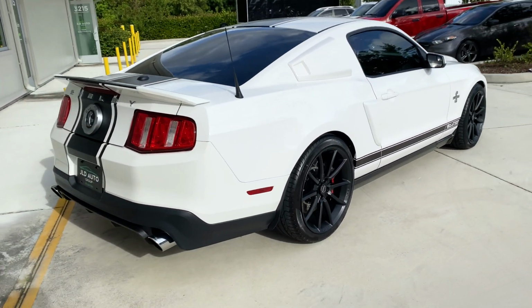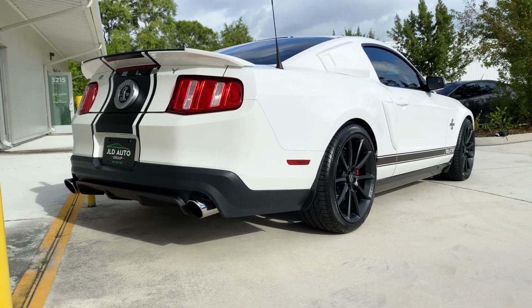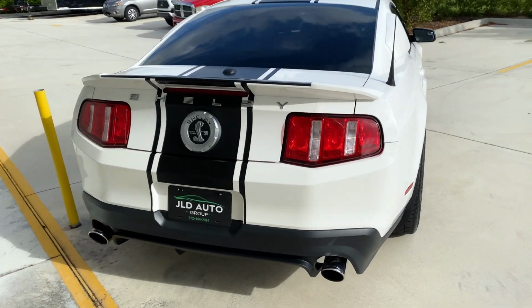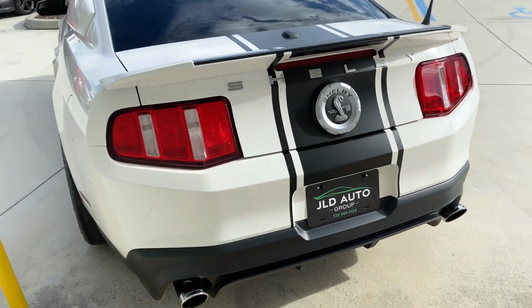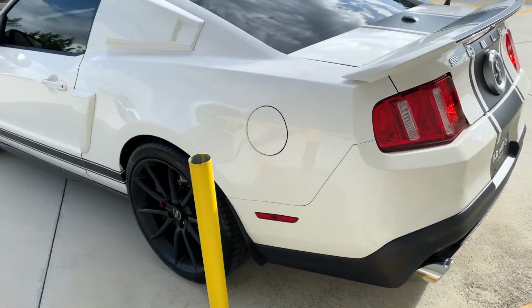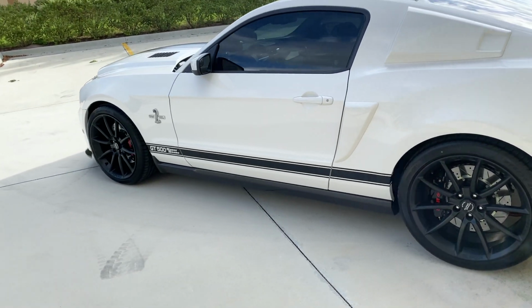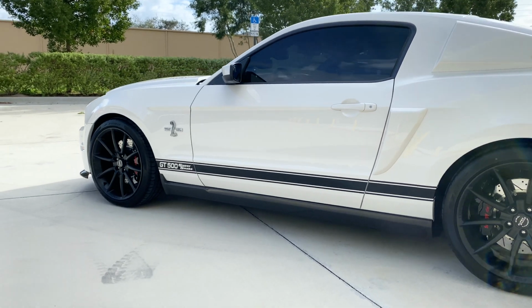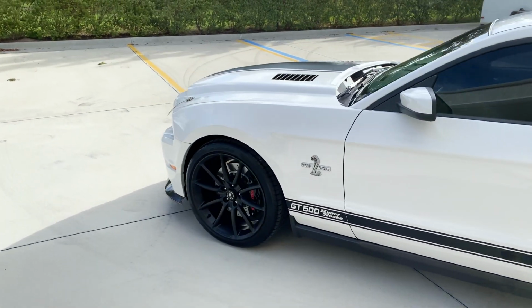And from the factory, this car had the over-the-top and tape stripes deleted as its only factory options. However, when the car underwent its Super Snake upgrade treatment at the Las Vegas Shelby facility, the stripes packaging were later re-added. This car is a museum delivery car and has a host of upgrades beyond the normal Super Snake upgrade packages,